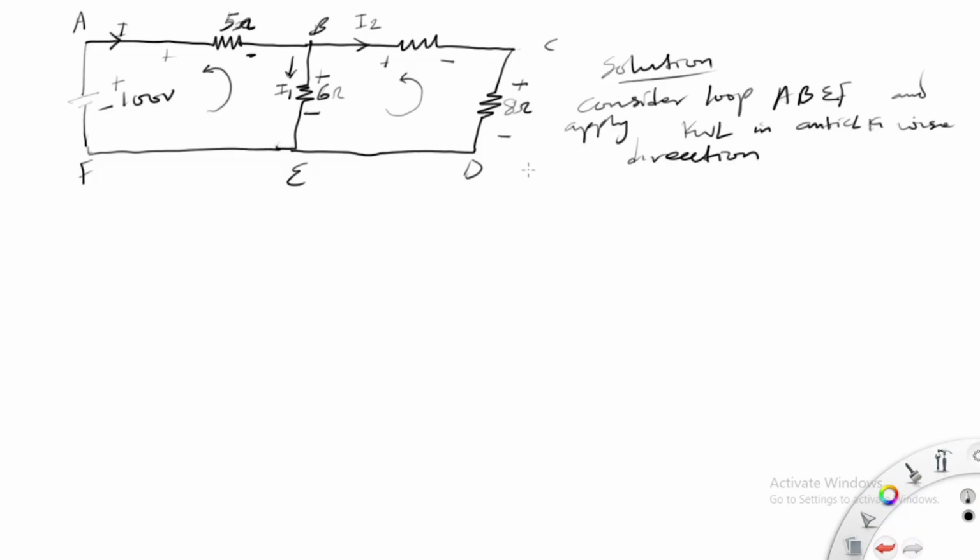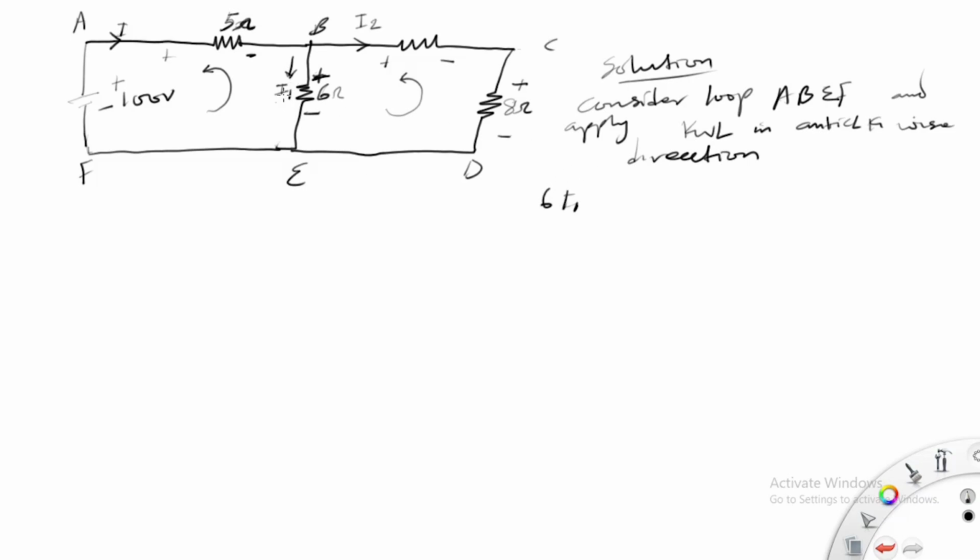So having done that, we're considering this loop here, A, B, E, and F. So how do we go about it? Let's start from 6. Remember, we said when we're moving from a positive side to a negative side, we're experiencing a drop. But when we're going from the negative side to the positive side, we're experiencing a rise. So in an anti-clockwise manner, we're going this direction. So what are we experiencing? We're experiencing a rise. So it will be